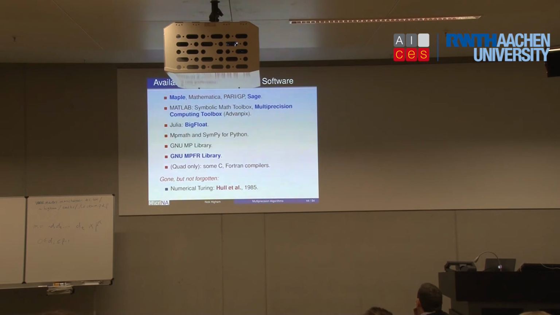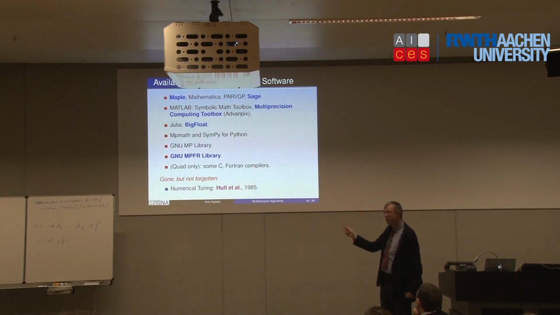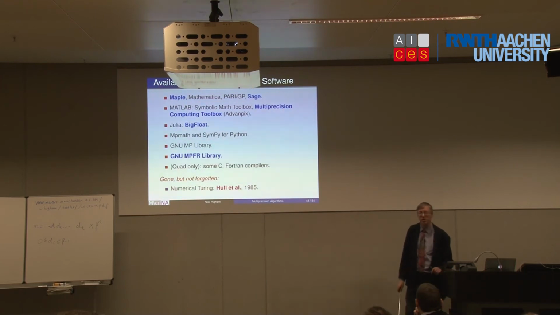In terms of languages, Julia, the newest of all these languages, has a BigFloat data type where you can specify the precision arbitrarily. And it builds on the MPFR library. GNU MPFR is an open source library that builds on the GMP library. This is actively under development now. One of the main developers is Paul Zimmermann in France, who I heard talk about the library last summer at the IEEE Arith conference in London.